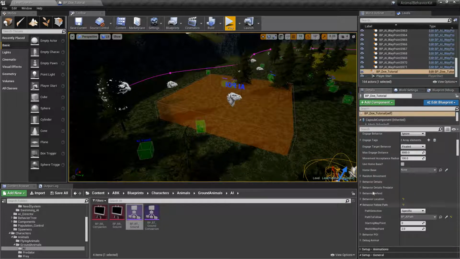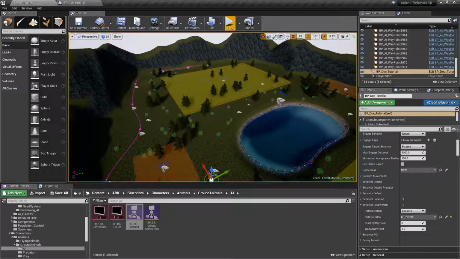So this is again useful if you have several paths in your level, right, a big level, and you want your AI to go to a random nearby path and just follow it. That could also be interesting. So let's say that you have a road, say you're making a big MMORPG, and you want your animals to cross the road or go parallel to the road in a specific section, just to make sure that the player kind of sees these animals. You can create a path and you can have the animal follow the path, ensuring that the player sees the